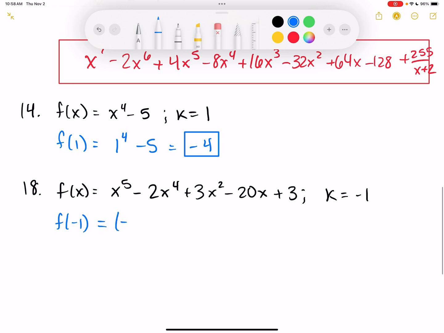So negative 1 to the 5th minus 2 times negative 1 to the 4th plus 3 times negative 1 squared minus 20 times negative 1 plus 3. So this ends up being negative 1 minus 2 plus 3 plus 20